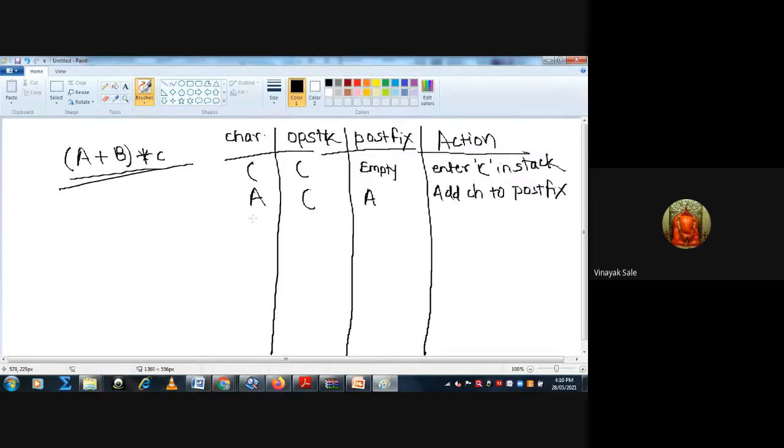Then enter symbol plus: the operation stack is opening bracket plus, the postfix is A. Enter plus in the stack.